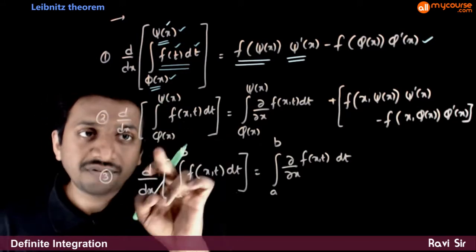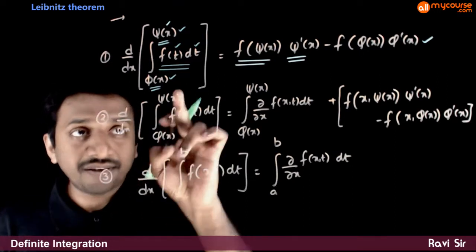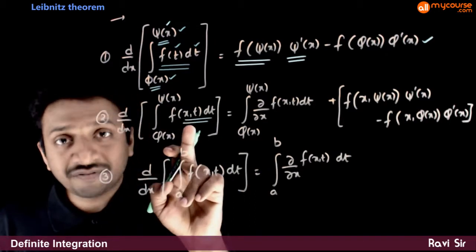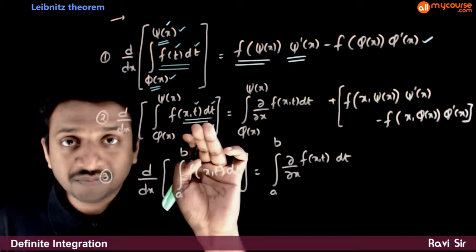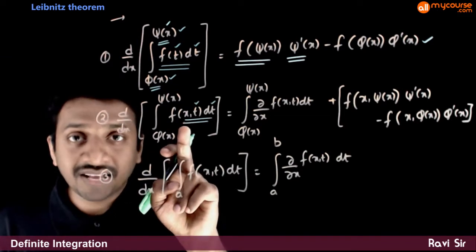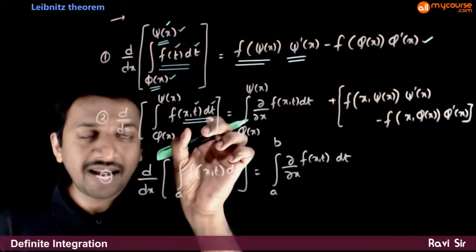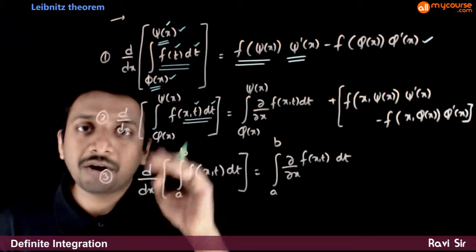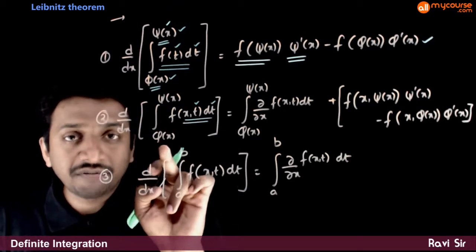d by dx of integration of phi of x to psi of x, f of x comma t dt, is an implicit function. That is, you have an integration variable which is in terms of t, and you also have an x in the function. So if x can be separated, it can be brought outside, and the integration can be completely in terms of t. But if these two cannot be separated, the formula will be